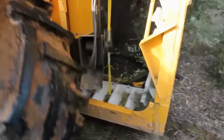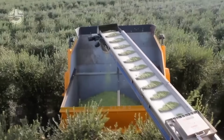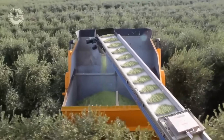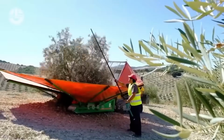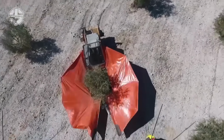The collected olives are then moved to a container through the help of a conveyor belt. Other farms also employ the process of shaking. From the name itself, it's either a machine or their own workers shake the olive trees so the ripe olives